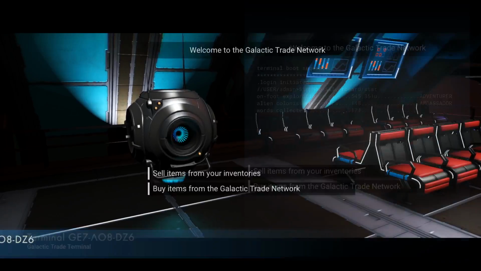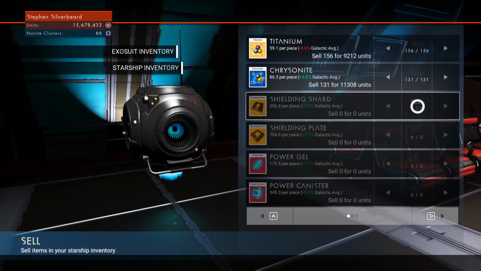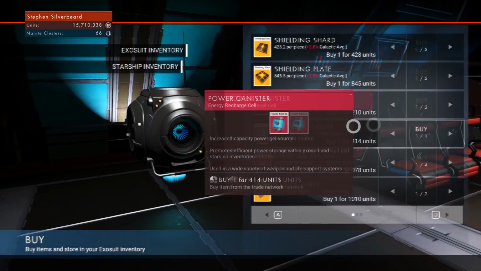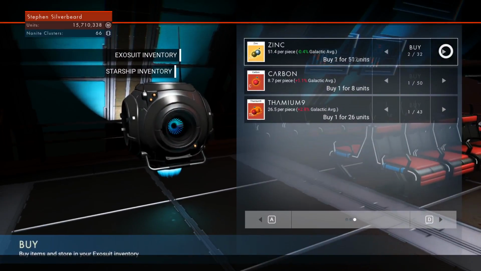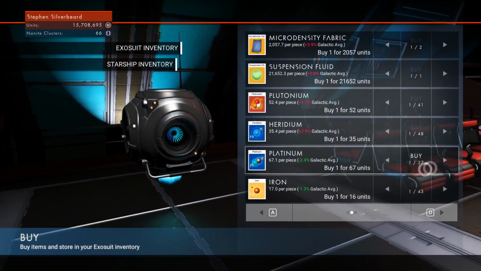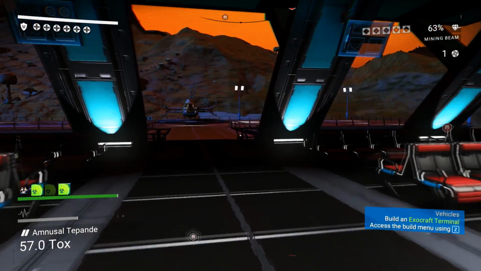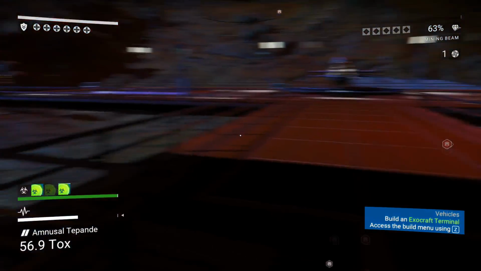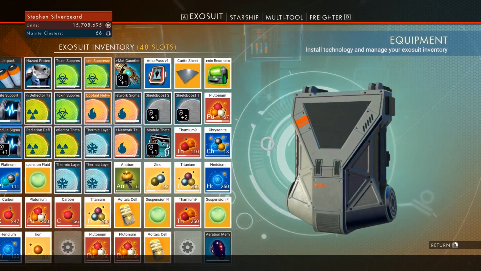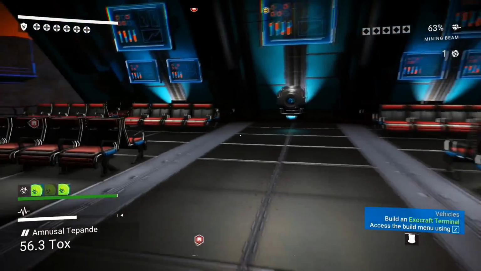Sell items from your inventory. Right, no, it'd be the ship inventory. Tropium. I'm just going to sell that. Don't really need it. And of course, we're going to buy. Certainly going to need to start buying the zinc again. Repair all that. Replace all that I've been consuming. Don't have any iron. That's just going to be more suspension fluid and all that. I've got enough already. I've got too much. Let's just send that to the